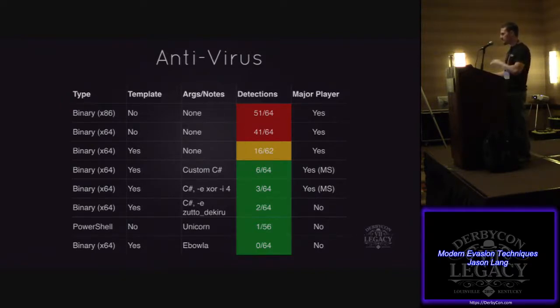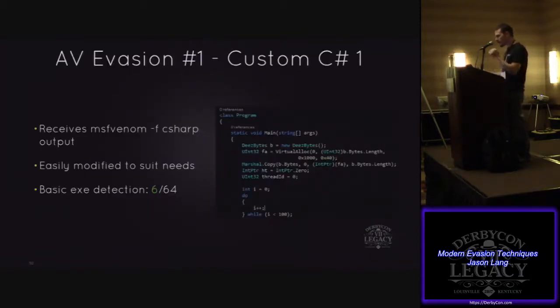So let's talk about AV evasion, and how we actually work around stuff. AV evasion and payload customization, we're going to run these two sections together, and then we'll do some demo. As far as custom C#, we're going to be taking MSFvenom output in C# format and just dropping that into our harness. The nice thing about this is that we can easily modify it. If you are a red teamer and you don't do your own custom coding of implants or agents, it's probably time to start,